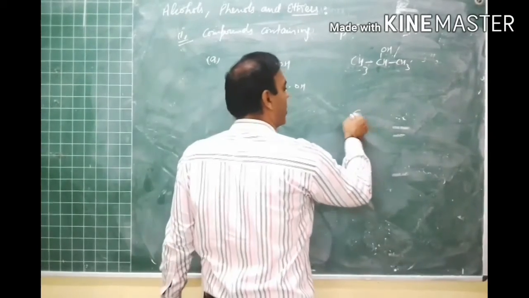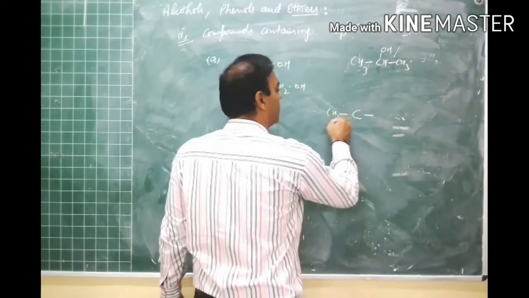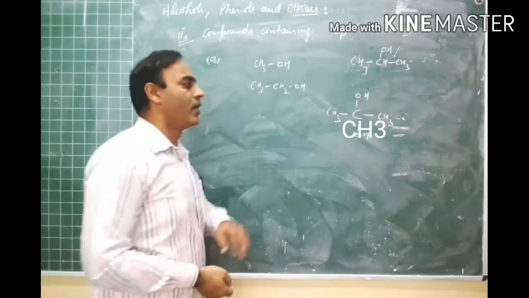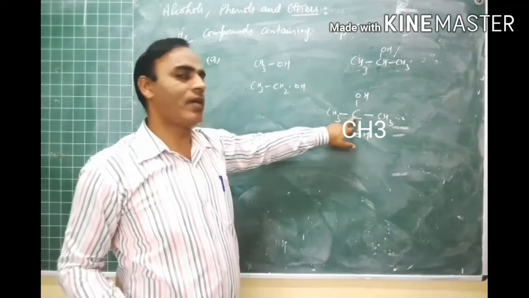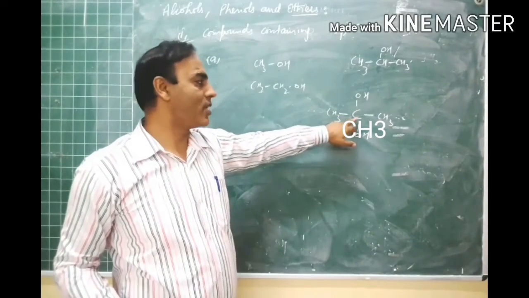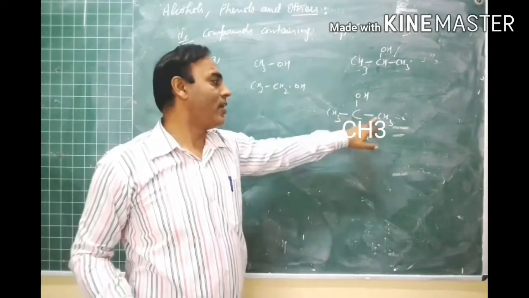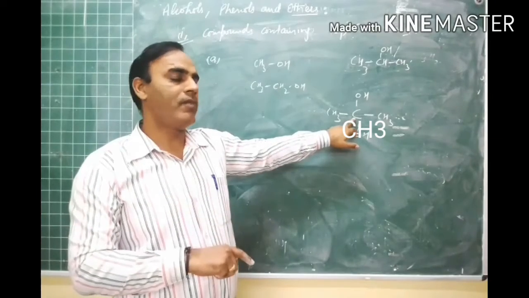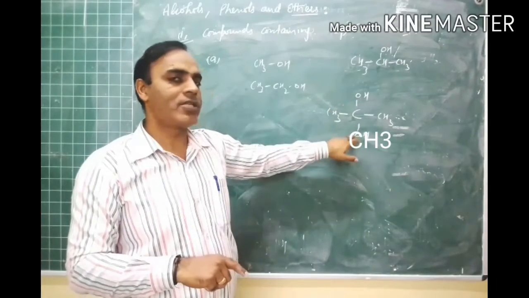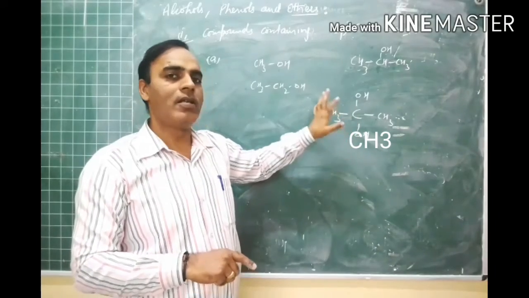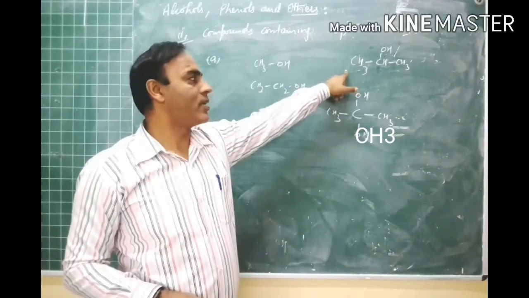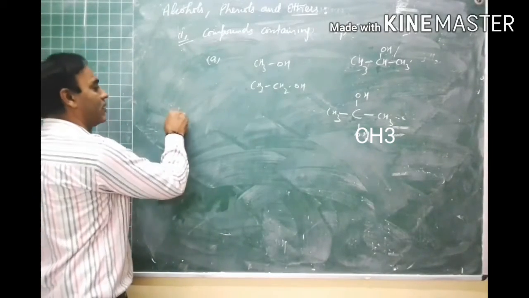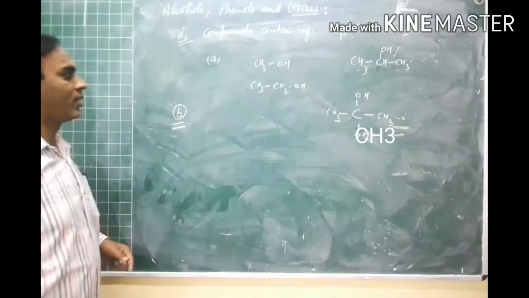Now next is tertiary alcohol. This is tertiary alcohol because in this the OH group is bonded to a tertiary carbon atom. Why is it a tertiary carbon atom? Because this carbon atom is further bonded to three other carbon atoms. So this carbon atom is known as tertiary carbon atom, and because the OH group is bonded to the tertiary carbon atom, this is known as tertiary alcohol, and it can be said to be 3 degree alcohol, and the secondary can be said as 2 degree alcohol. Next type is allylic alcohol.